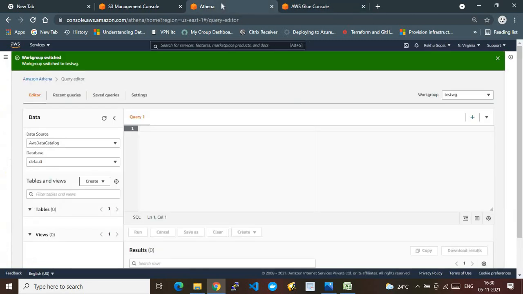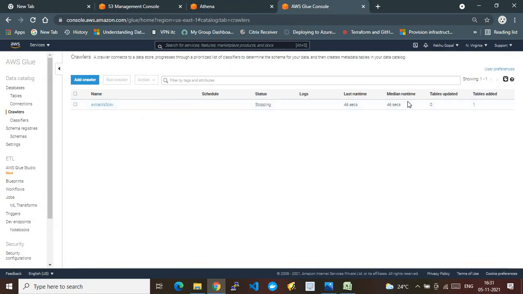All right, so let's go here and refresh it. Let's see if the table got populated now. You see the table got populated here, right? We targeted the default database under the data source AWS data catalog. Earlier the table was not there. Now the table has just been created. And it has been created by whom? It has been created by this crawler service, right? So now the crawler service is up and running fine.